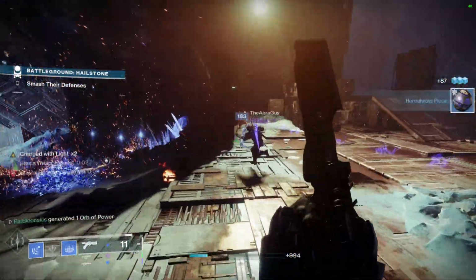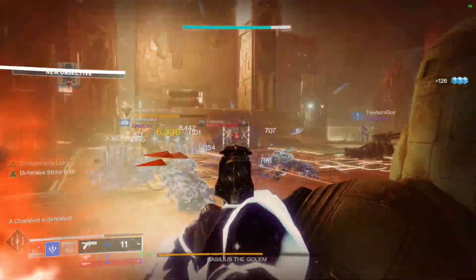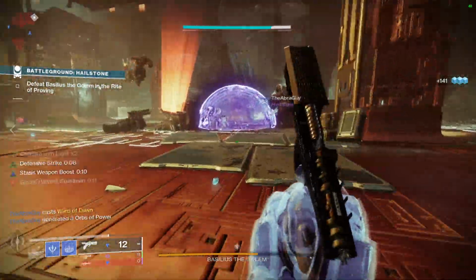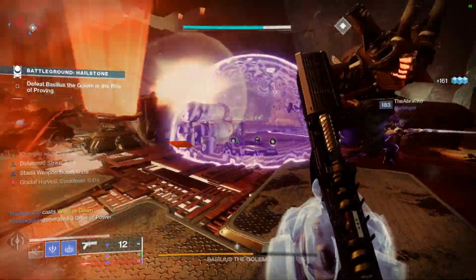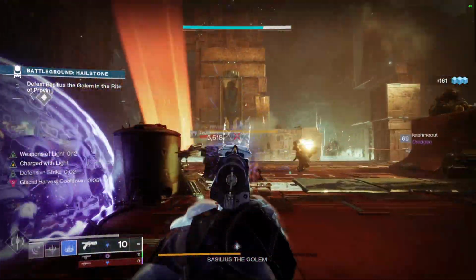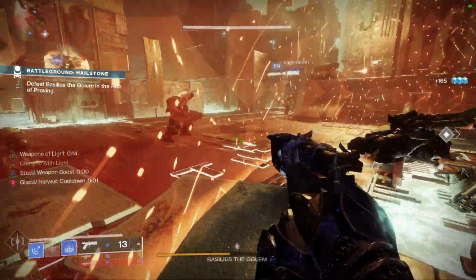So if you can just freeze a bunch of enemies, you can pretty much always spawn these stasis shards, which not only are going to help you, and in this specific build help you become charged with light and get your melee back for picking those up, it also helps your teammates out. Just for freezing enemies, they can pick up those stasis shards and get their melee back. So it's a really good weapon for Shadebinder,